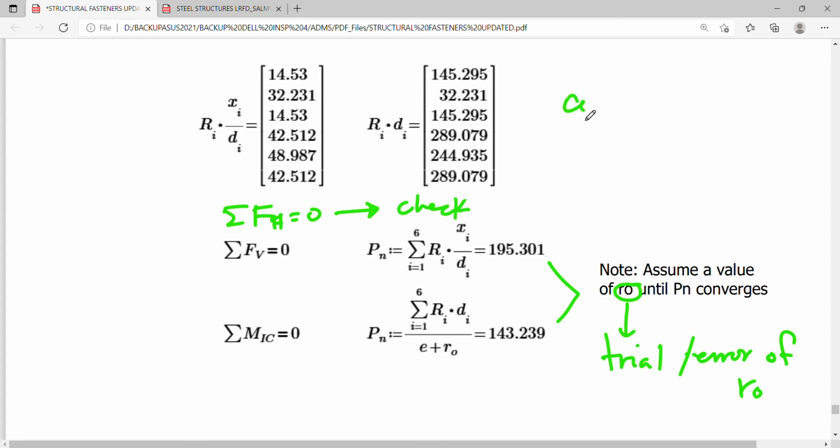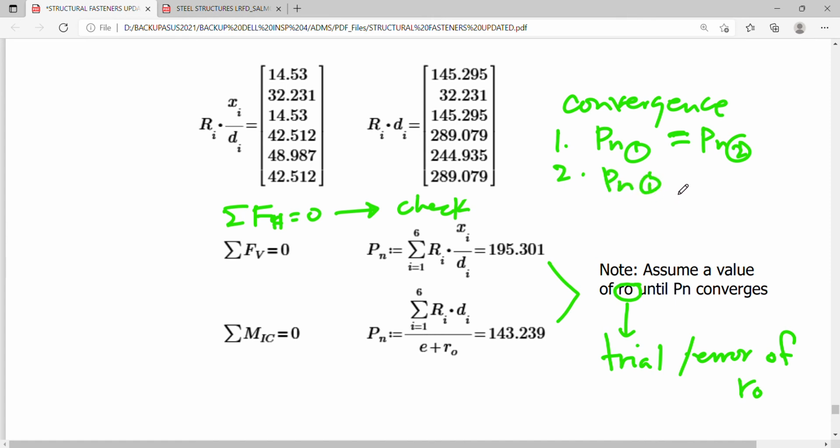Okay, so the criteria for convergence will simply be dictated by the values of Pn on both equations approaching equivalent values, such that Pn on the first equation must converge with Pn on the second equation, or Pn on the first equation does not change,